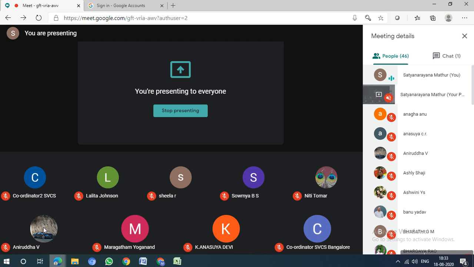Next, I want all the teachers to create one Gmail ID and then start working with the Google Classroom. I also request, if you have Android application, please download the Google Classroom app. It will be very easy to access. Instead of browser, it is much easier to access in the app. If you feel that you don't want to waste space in the mobile phone, then you can access from the browser, not a problem. Any browser, not only Google Chrome, any browser we can access.